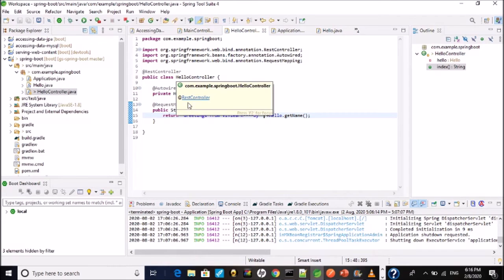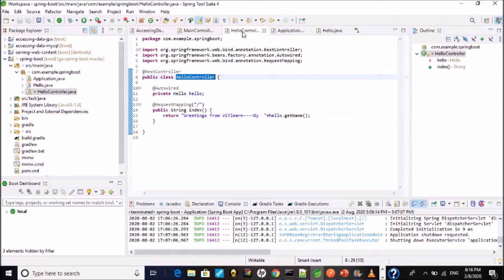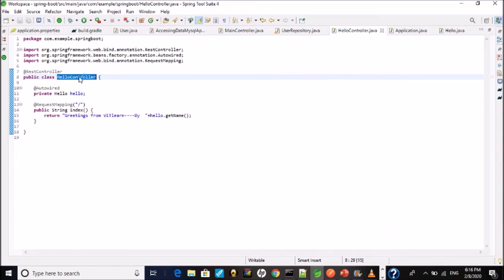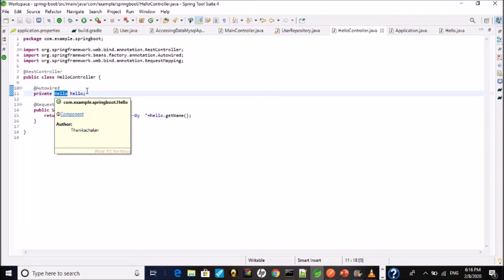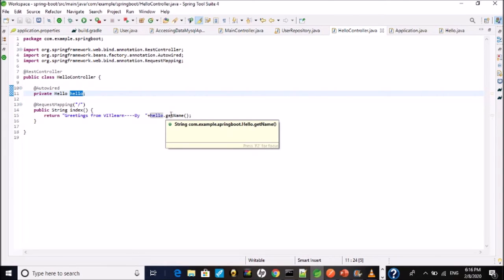So normally in Java, we have classes and instance variables. In this example, you're seeing a class called HelloController, and it has an instance variable called hello, which is of the type Hello, another class. We are using this instance variable inside a method index and calling one of the methods of that Hello class here.